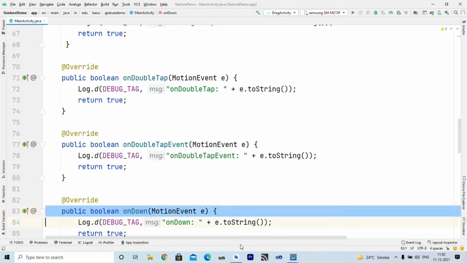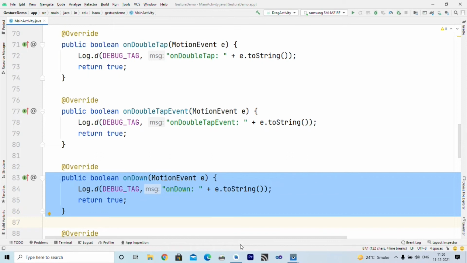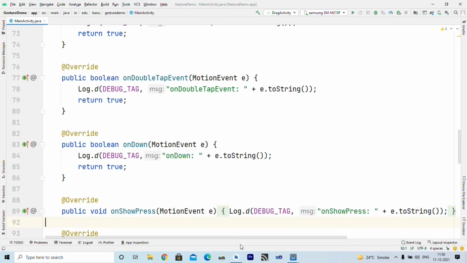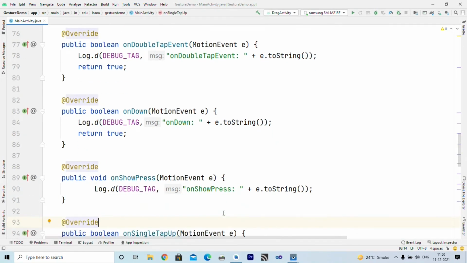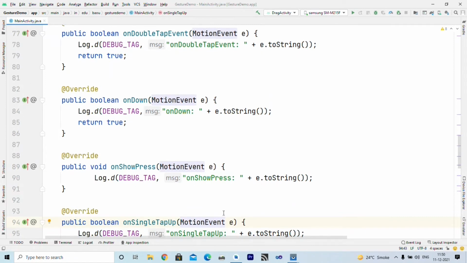Similarly, when a touch onDown event occurs, we display onDown inside the Logcat window and return true. And inside onShowPress, I want to display onShowPress.